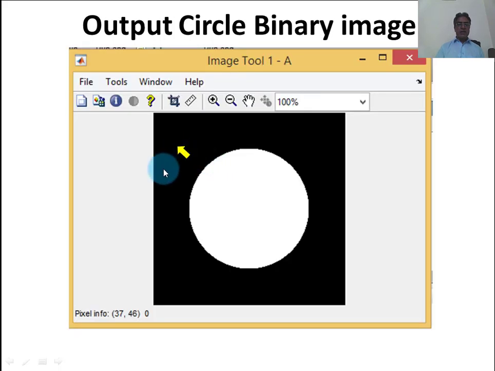Here this is the output of the binary image, and in the binary image you may see the surrounding is black, and here is the cursor position, and the cursor position shows the coordinate and pixel information.